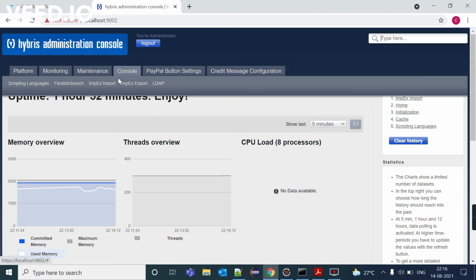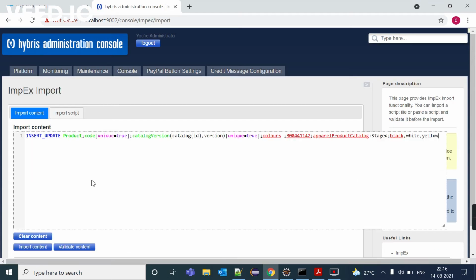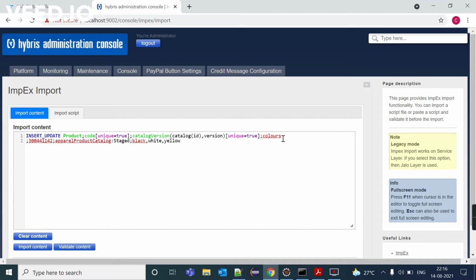Open HAC console, import export. This is the product item type code I have given, the catalog version with ID and version I have given, and this is the colors attribute, that is nothing but a collection of string. How can we define it? With the comma operator, we can add as many values as we want.